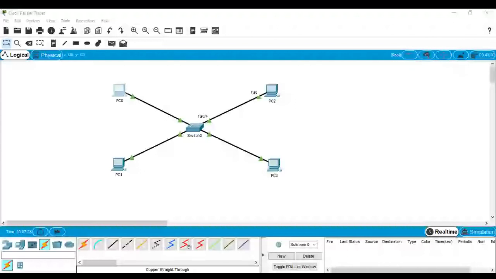Just close this. Again, give an IP address to the second PC: 172.16.1.11, and the subnet mask will be chosen. I will tell you during your fifth chapter what this IP address and subnet mask are. Just concentrate on how things work in your practical labs.